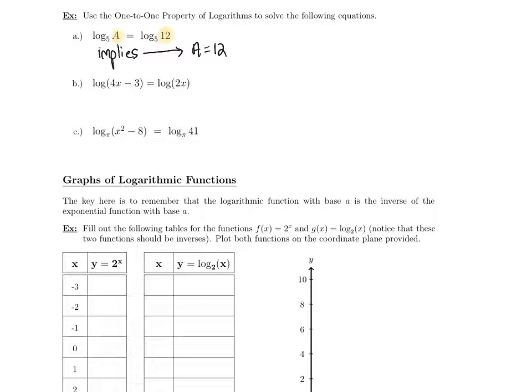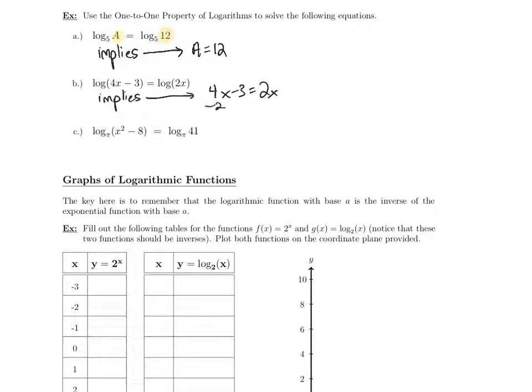Now be careful. I didn't divide both sides by log of 5, they're not being multiplied anyway in the first place. What I did was I said, if the logarithms are equal and they're of the same base, then the arguments have to be equal. Same thing here. The log is the common log in this case, so these are both log base 10. So the fact that the logs are equal implies that the arguments are equal, which means I can now use